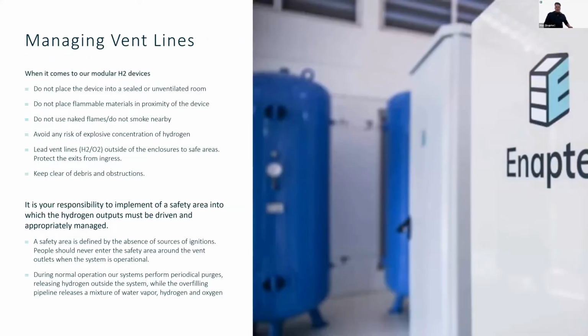Vent lines. Overall, when it comes to our devices, don't place the devices in a sealed or unventilated room. So some people will say, but I've put it on a mountain, I need it to be sealed or unventilated for now. Okay, we completely understand, but there need to be risk reductions in place about how to, for example, dissipate any accumulated hydrogen should there be a leakage from either the systems or from an external part